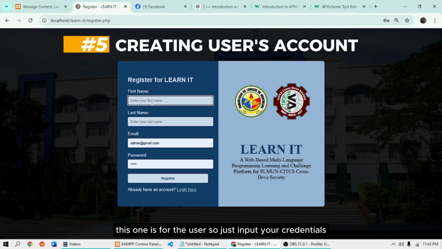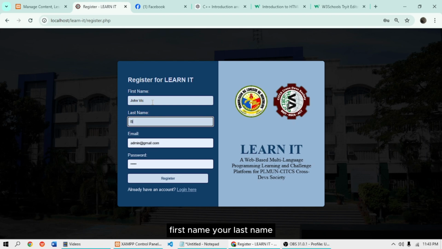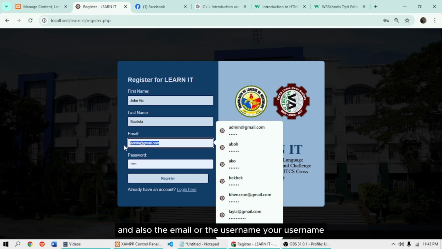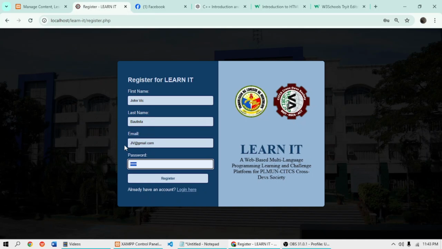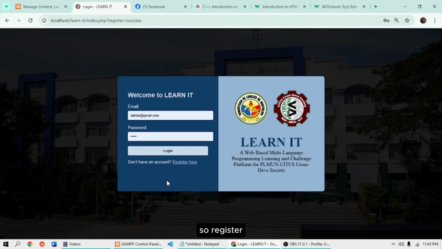This one is for the user. So just input your credentials, first name, your last name, and also the email or your username. The password also. So register.